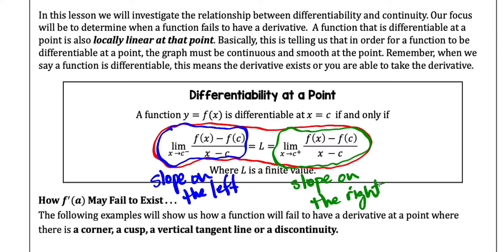All right, Cole. Now that we've interpreted this, does that help you figure out what that says, or do you want me to pass it on to somebody else? Because I could do that too. A function is differentiable at x equals c if the slope on the left equals